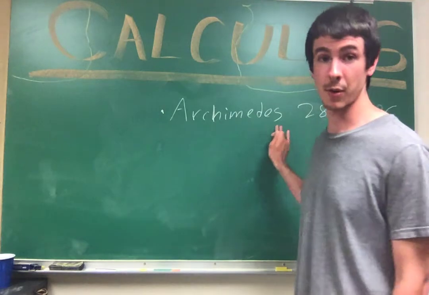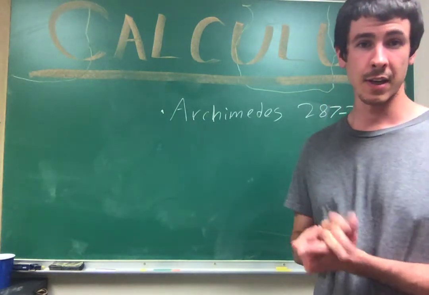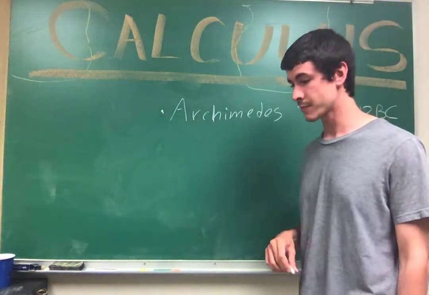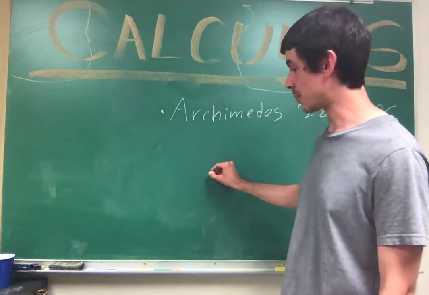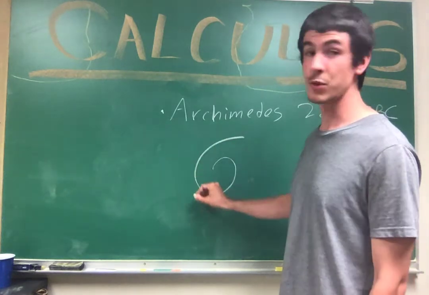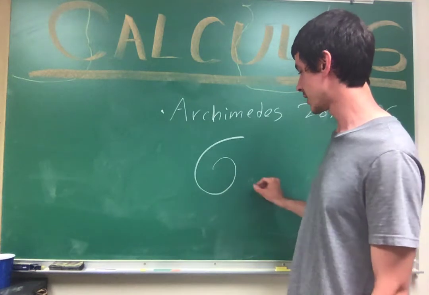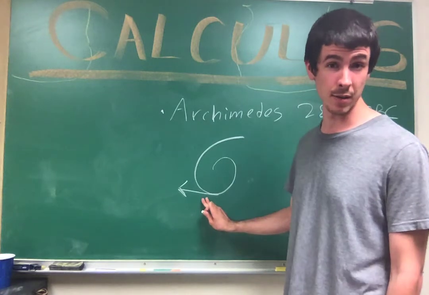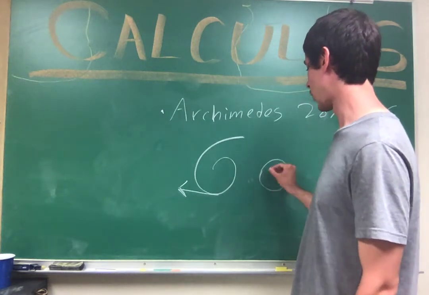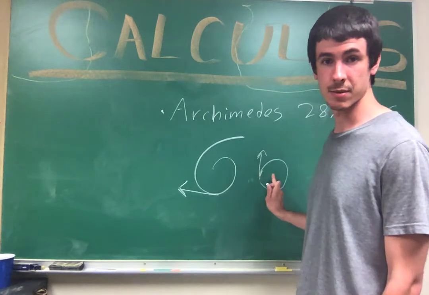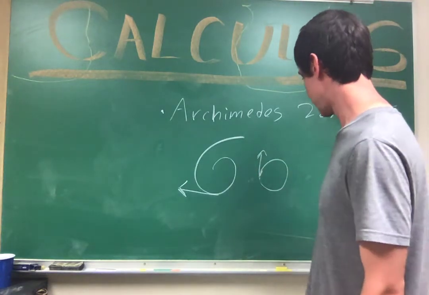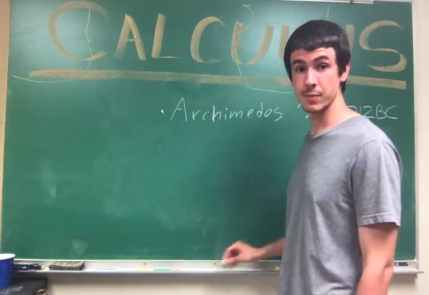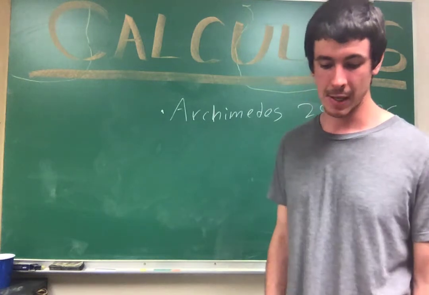So Archimedes, of course, a big one. He touched on a lot of the concepts that we'll get in this class in a very light way. We began to touch on them. Another concept that'll come back up, which will be more the subject of this class, is tangent lines. And he was able to compute tangent lines to a spiral, whereas before him, people only really knew about tangent lines to circles. His name comes up often as one of the big precursors to calculus.